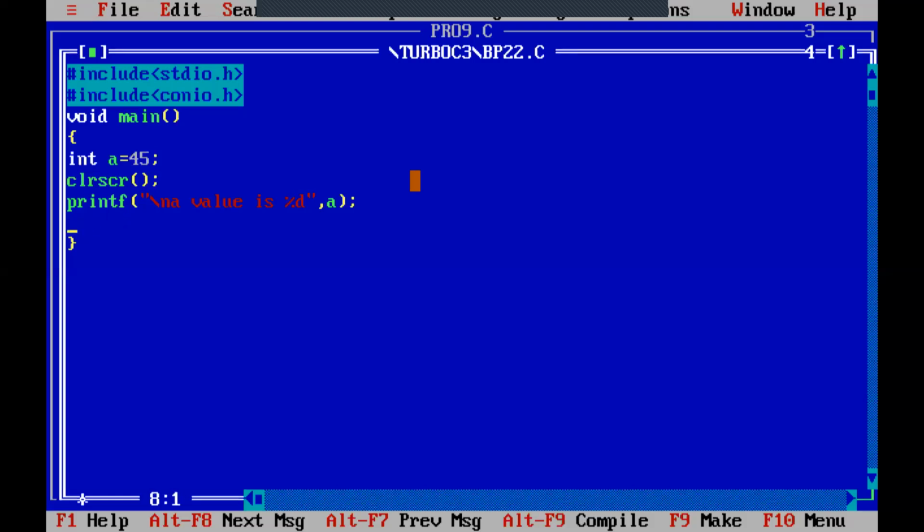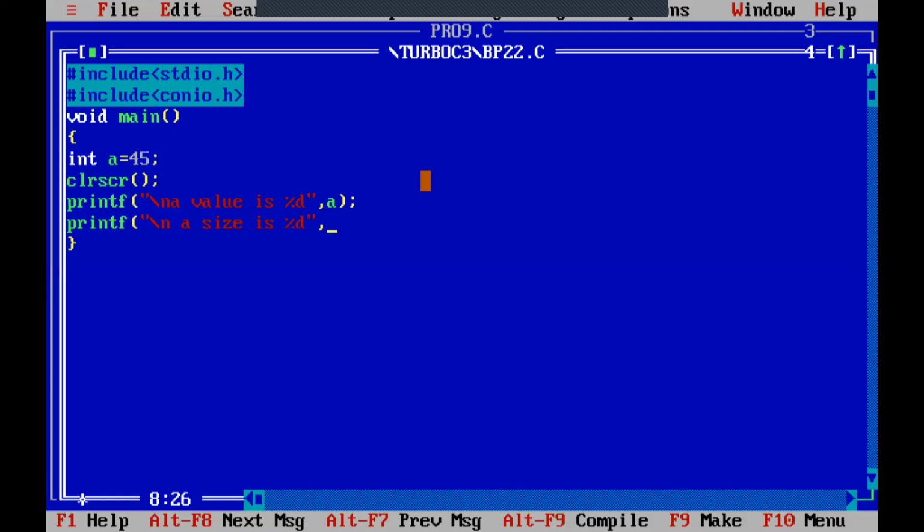Just see. I will use printf. This is your last program. Just listen. "a size is" and what is the size? 2 bytes. 2 bytes means what? Integer, float or character? Integer. If you want to print an integer value, we will use which format specifier? That is percentage d. Double quotes close, comma.